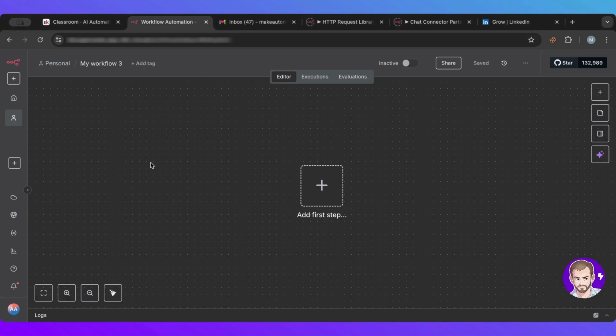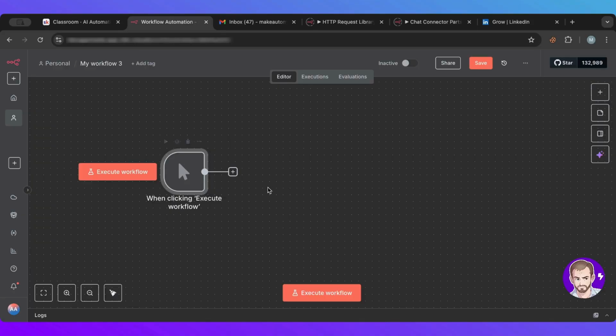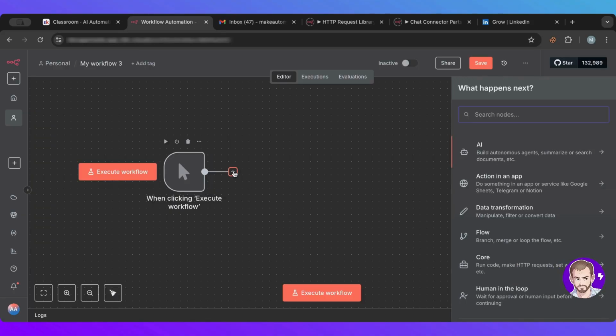All right, so I'm inside of n8n here. As you can see, I have my trigger node, which is the first node that starts every workflow inside of n8n. So this is a very critical node, because without it, you cannot trigger or start a workflow. There are a lot of ways for you to trigger a workflow. I have a lesson on that on YouTube. You can check that out. But in this instance, I just want to trigger manually because I just want to test at this point. So in order to test an array, what we need to do is create an edit